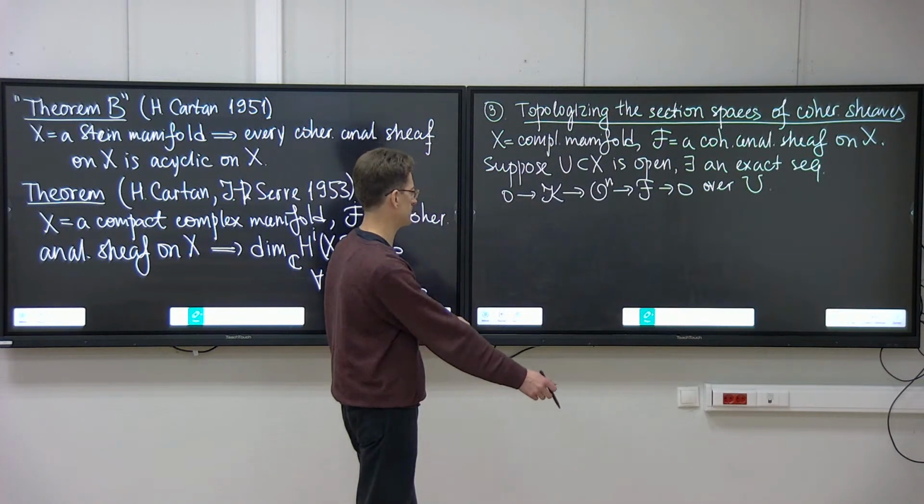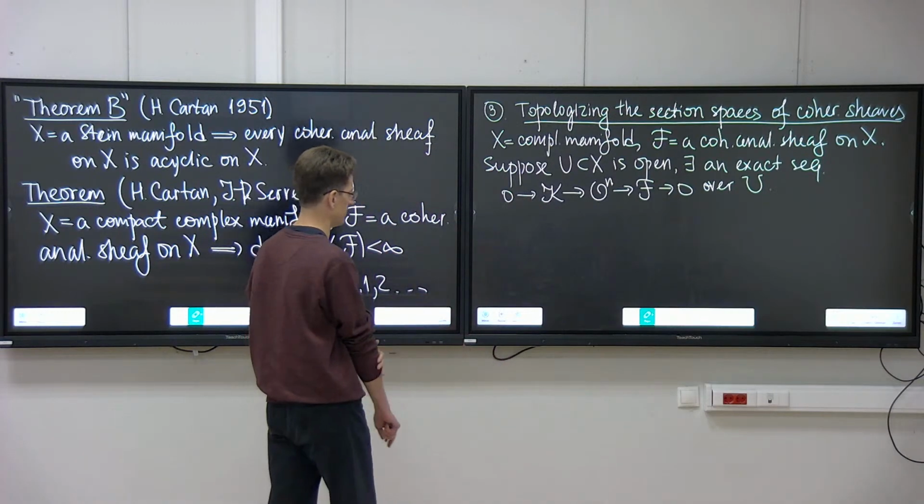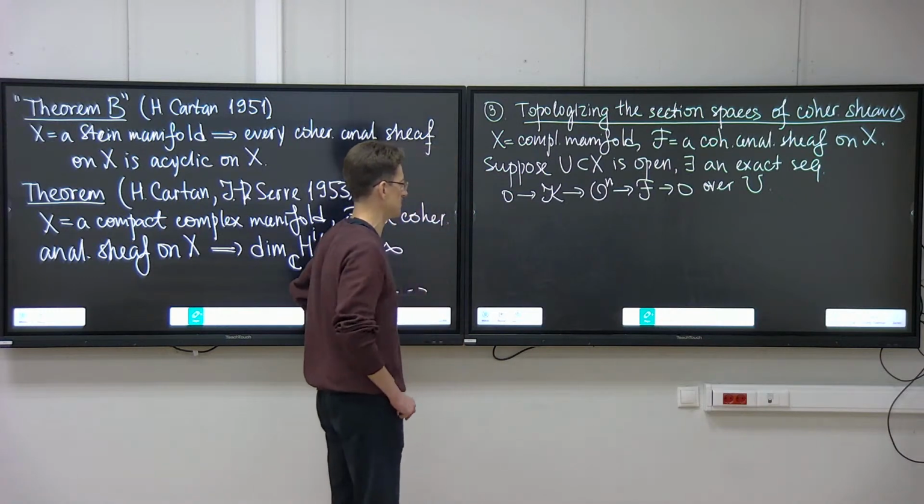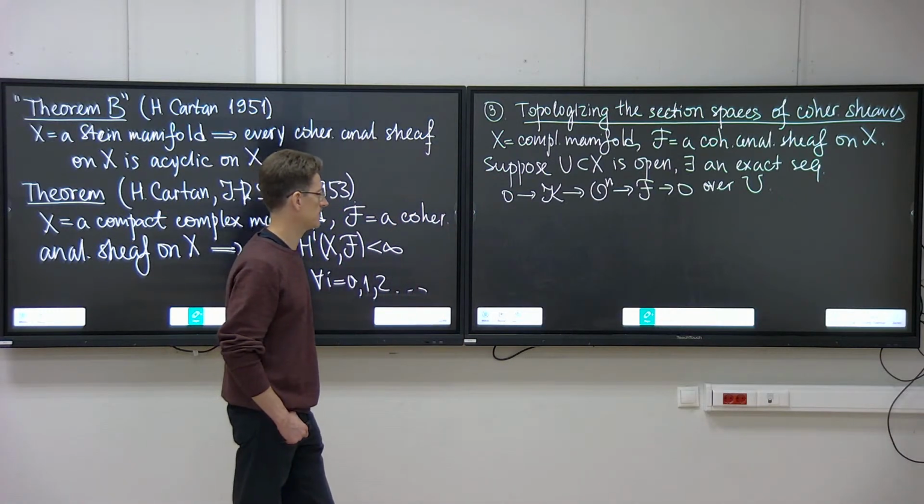And K is a finitely generated sheaf, which is just the kernel of this one. Okay,